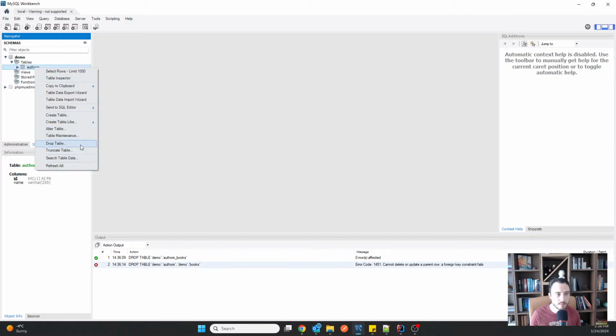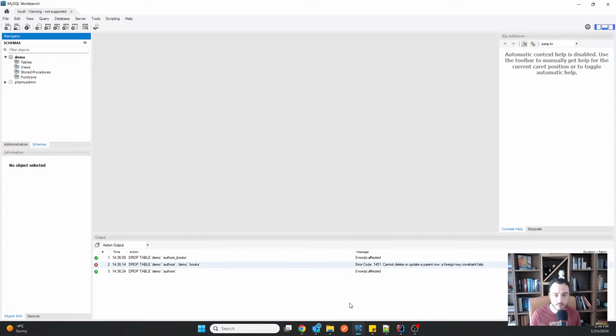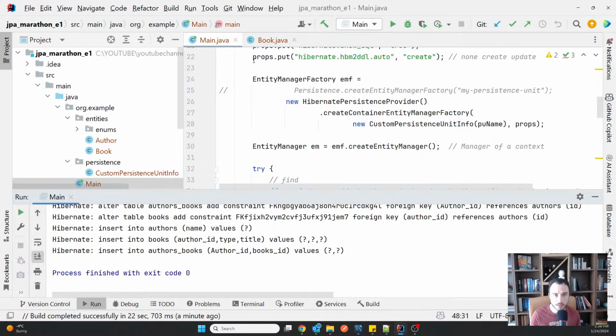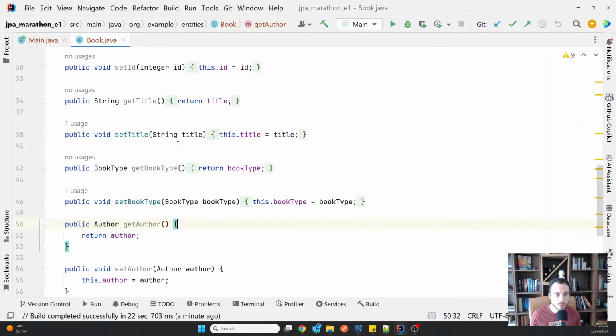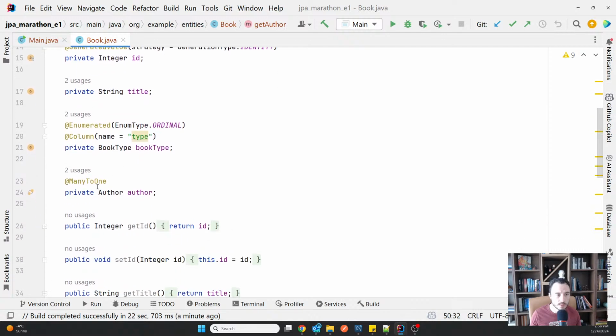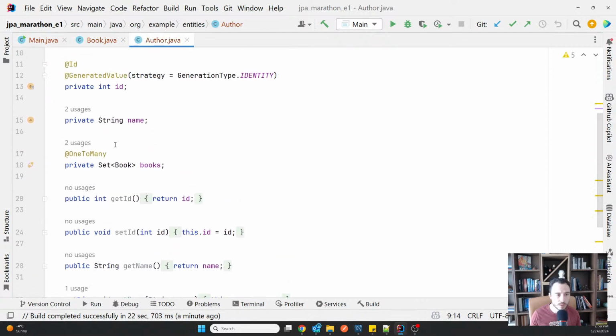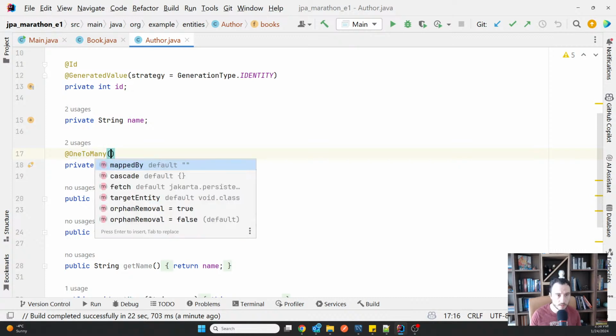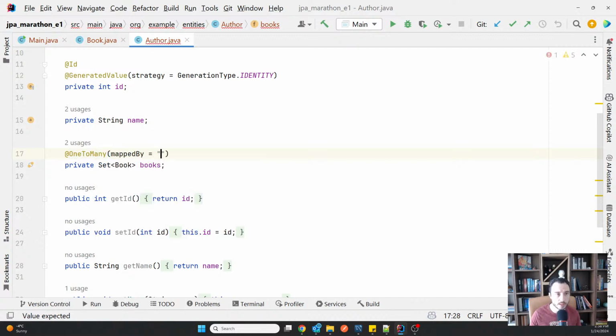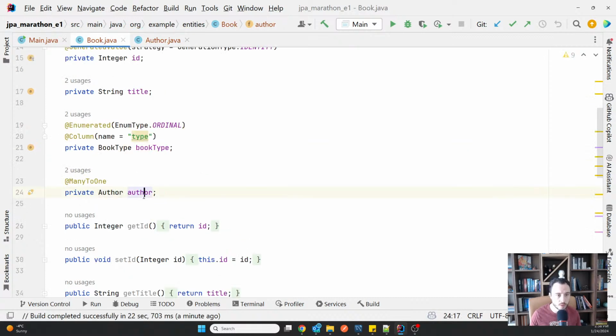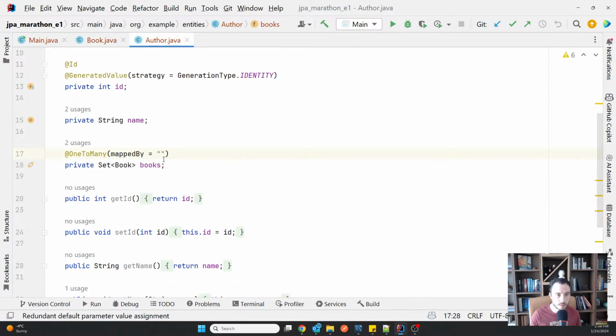So I'm going to delete them again and correct my definition. So this is many-to-one, and this is the one-to-many. So mappedBy, and I'm copying the name of the attribute.